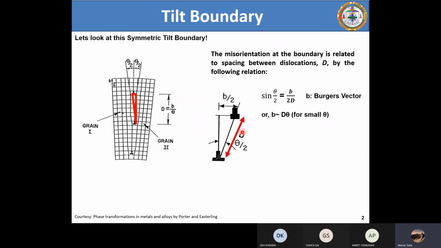But for simplicity, because people have to start with something which is very simple. In this model, we assume the distance between these two be B by 2. Not the distance between dislocations, rather the horizontal shift of one dislocation with respect to the other. That's a very simple thing. This is one assumption that they have given.